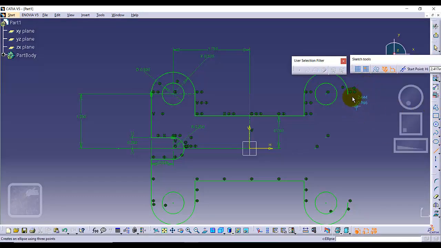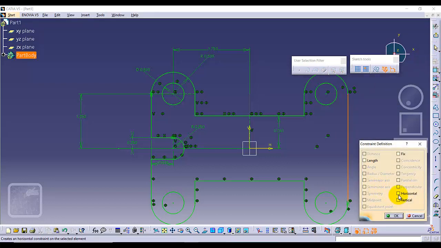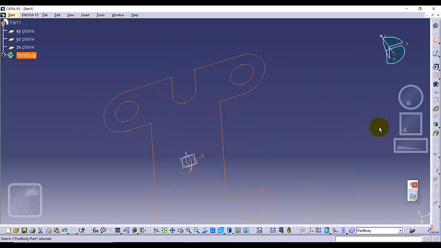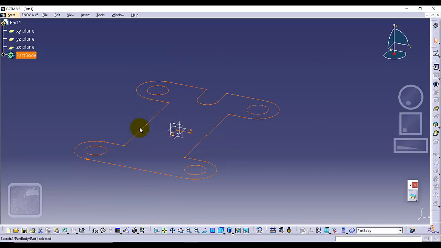Just select the line tool, select this point and join this point to make a closed sketch. This is a vertical relation, add them, and it's fully defined. Now I am going to exit this sketch. Make sure this sketch is selected and add the pad,